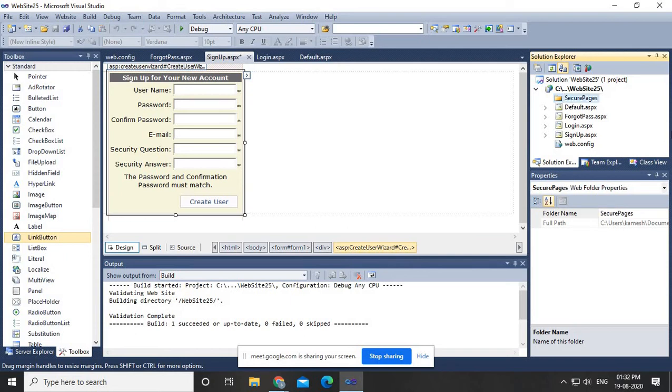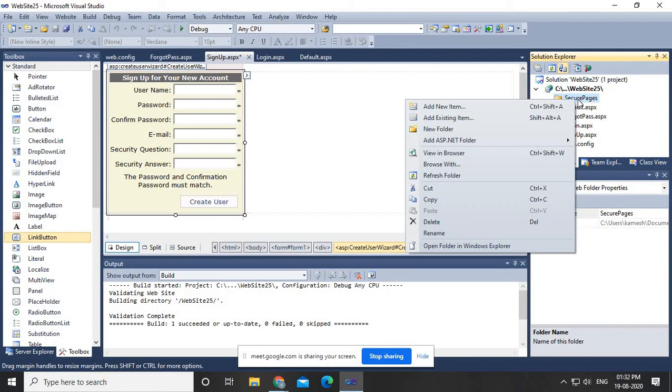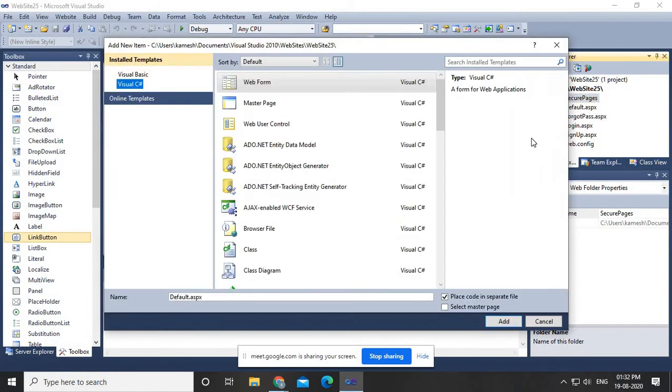Those pages on which you want to restrict the visitor or anonymous user, you need to create in this particular directory. So in secure pages, I am creating one web page. You can give any name, say secure.aspx.